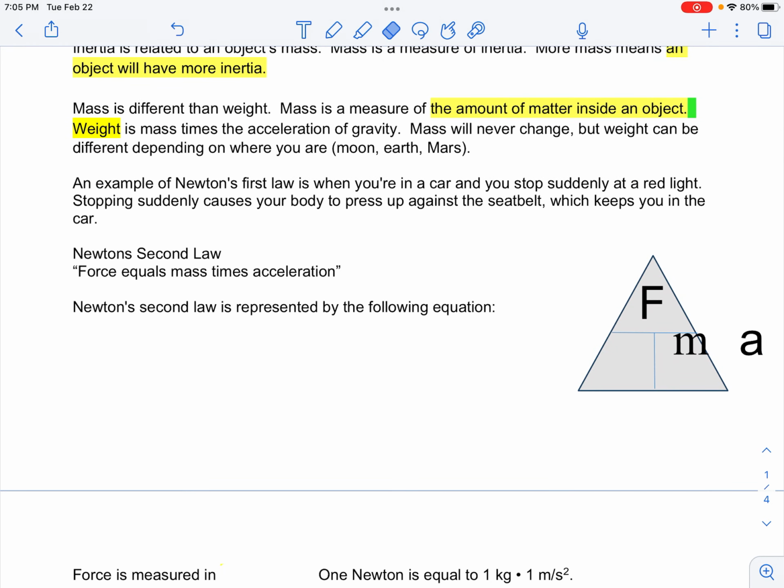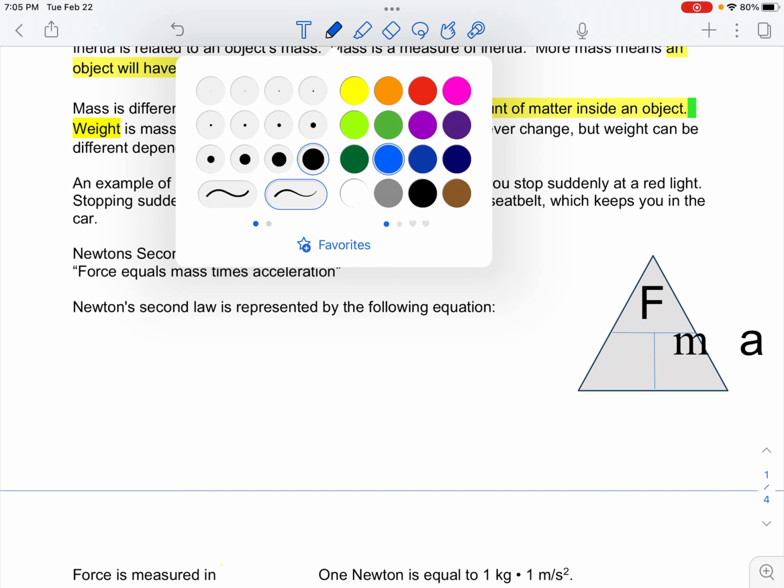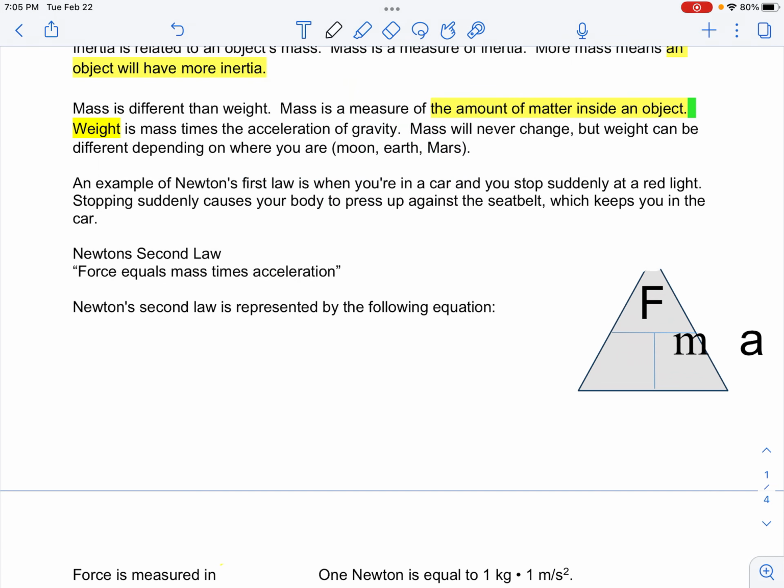I love my triangle here, but it looks like it's kind of got messed up. What a shame. So let's see, I'm going to erase my triangle or write over it here and make a new one for